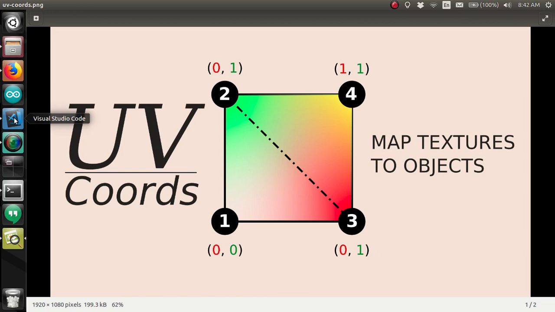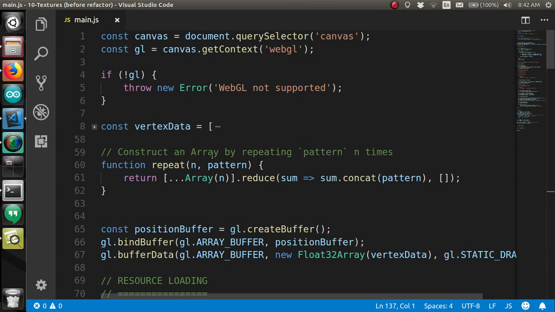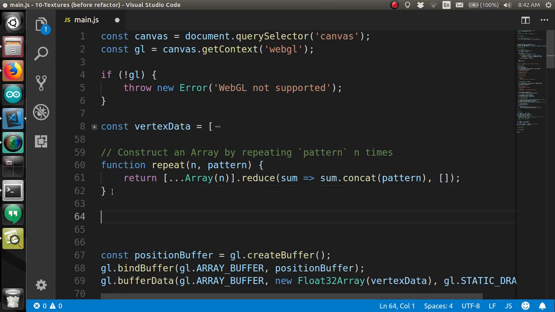So with that in mind, we are going to assign UV coordinates to each vertex. So that's another attribute, just like color was an attribute. And I'm going to call it UV data,